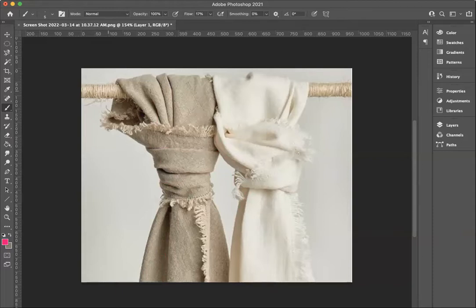But what I want you to do is, with the harder contour line we began the class with, begin to study these pieces of fabric. And then, after you've studied the fabric a little bit with contour,